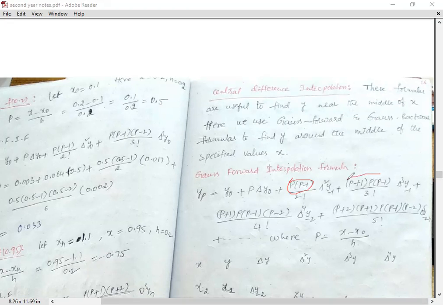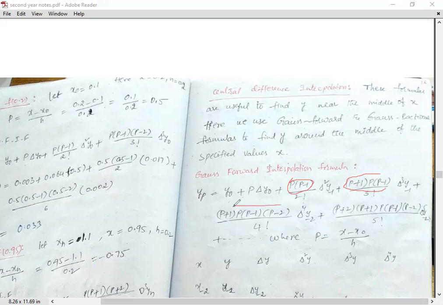In the next term p plus 1 p p minus 1 will be repeated, and the forward term will be taken as p minus 2. P plus 1 p p minus 1 into p minus 2 by 4 factorial delta power 4 y minus 2 plus,